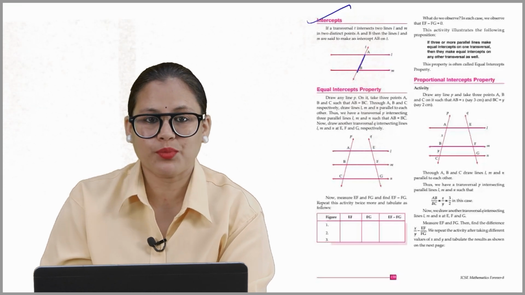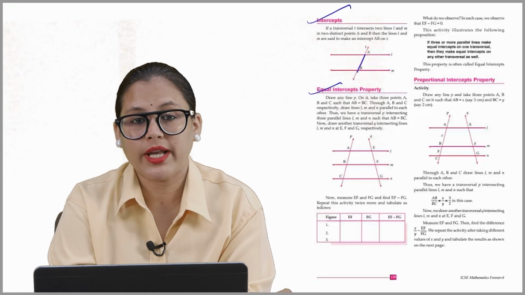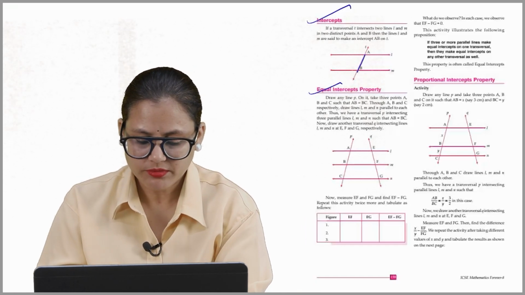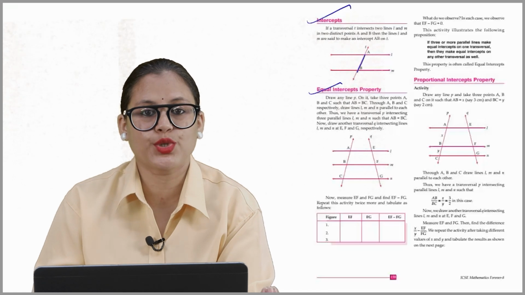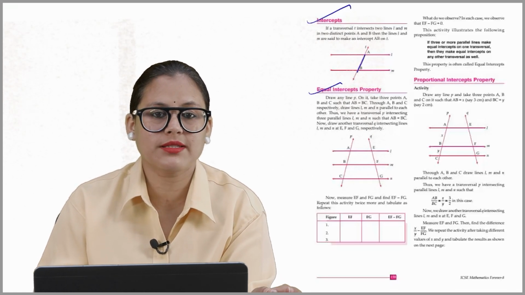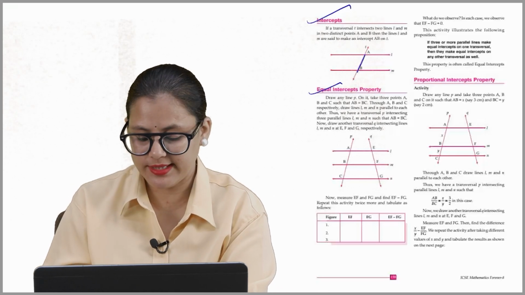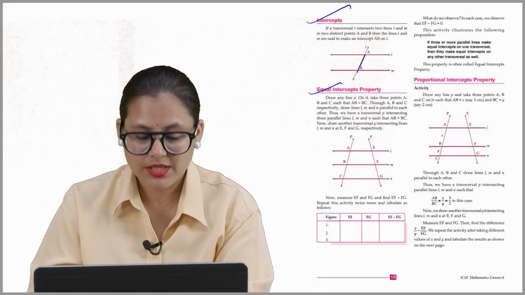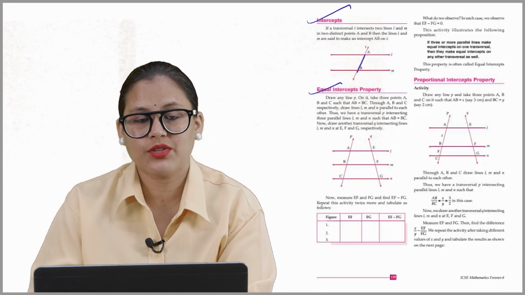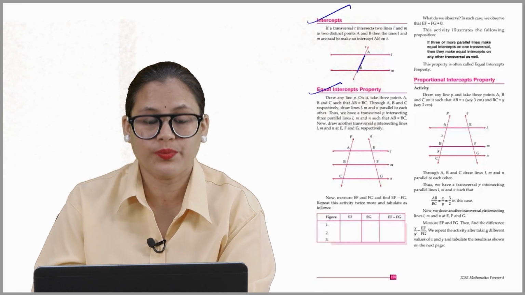Equal intercepts property. Draw any line P on it. Take 3 points A, B and C such that AB is equal to BC. Through A, B and C respectively, draw lines L, M and N parallel to each other. See, these three lines are parallel to each other. Thus, we have a transversal P intersecting three parallel lines L, M and N such that AB is equal to